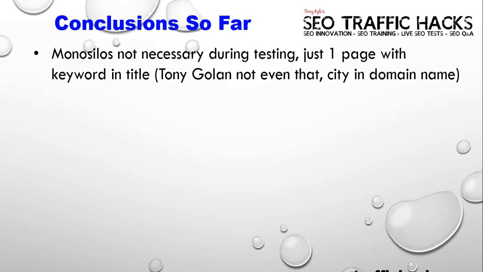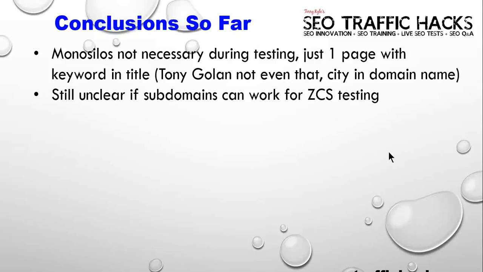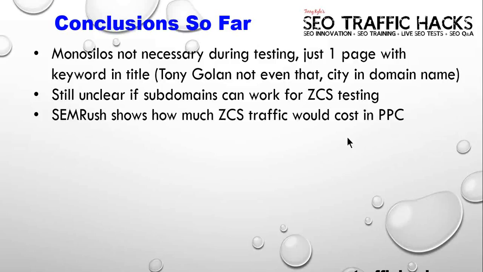So, if you're ranking for San Diego plumbers or whatever, having that word San Diego in your zero content SEO site, he's finding it can be a big plus. Personally, I haven't tested that. As I said, from that earlier result that we saw there, it's still kind of unclear if the subdomains can work. And a really important twist is hosting them in different locations, because you're still saving money on the actual domain registration, and you probably already have a hosting account set up anyway, and you can just add another one